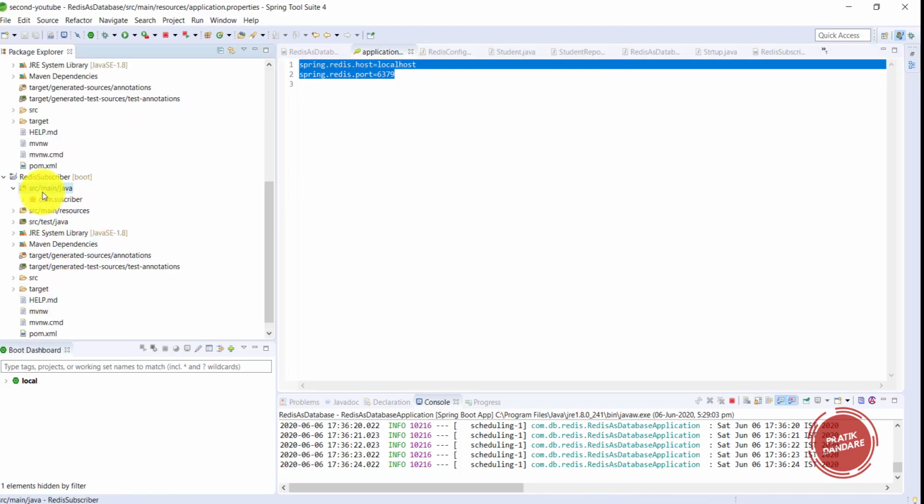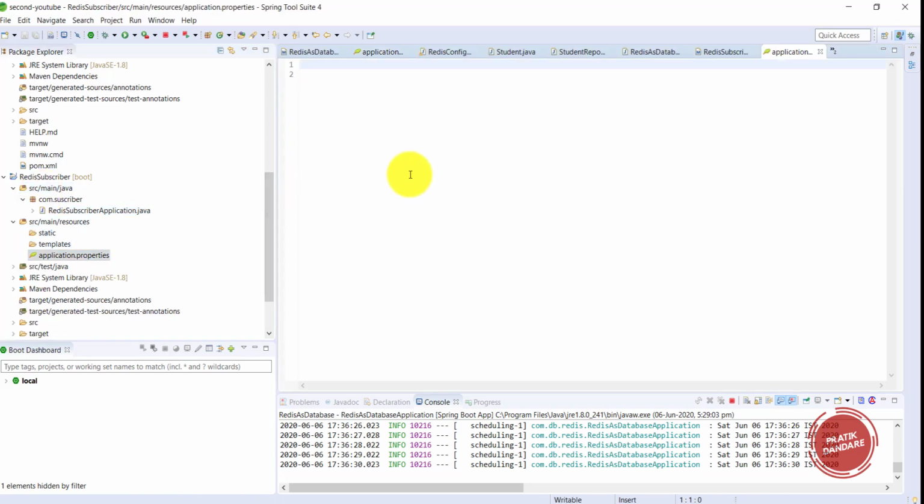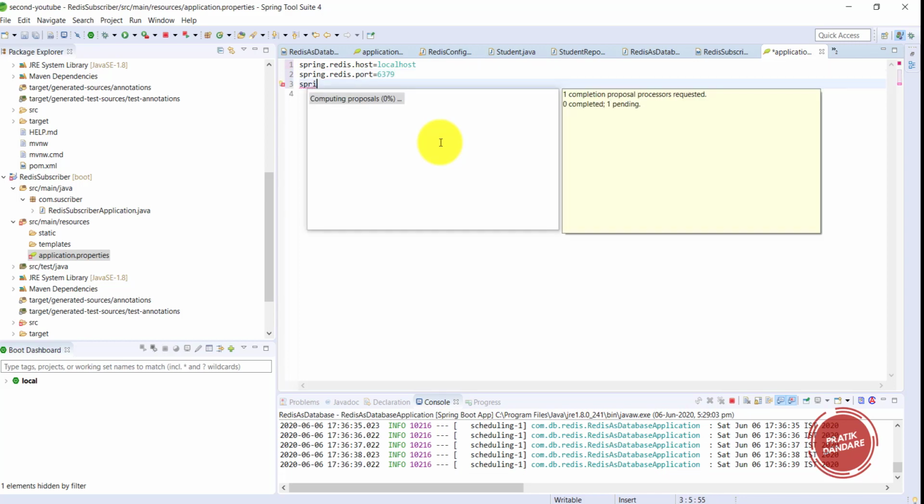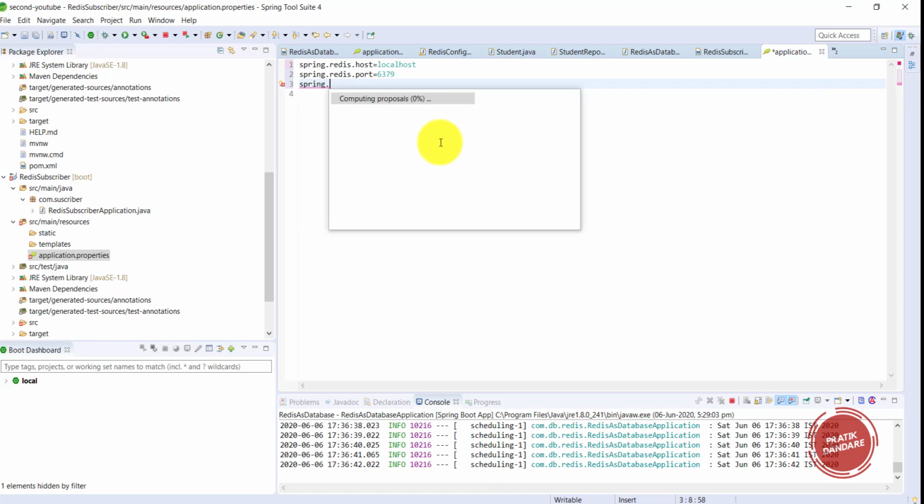I need to specify the port number, because by default it runs on port 8080. But if more than one application is running on the same port, it's going to break, meaning only one application can run on the same port. So I need to change the port. So I am changing the port, it's spring dot port.